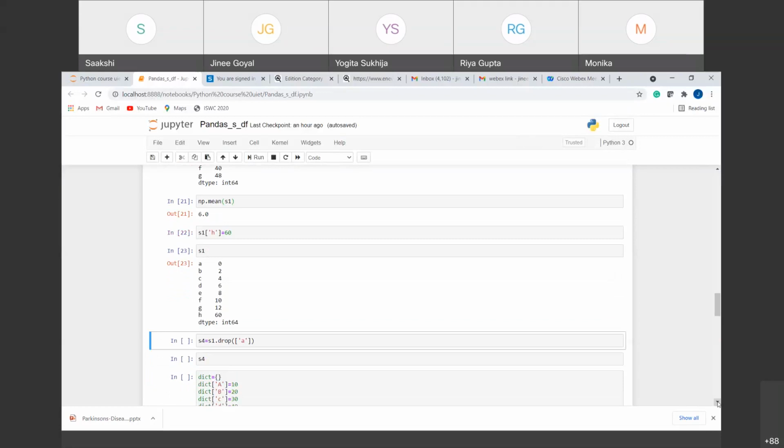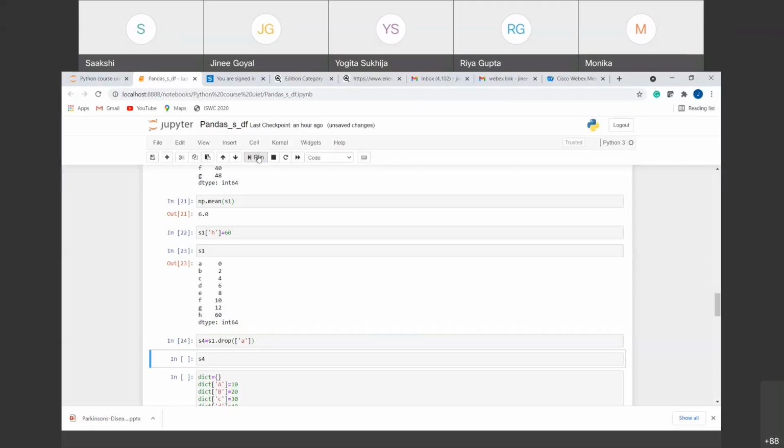Similar to the addition of values, we can also drop the values, right? So for that, let's suppose we are creating a new series here, S4, and the S4 series will consist of S1, but dropping the index A, right?